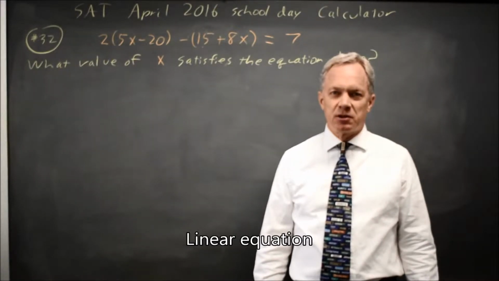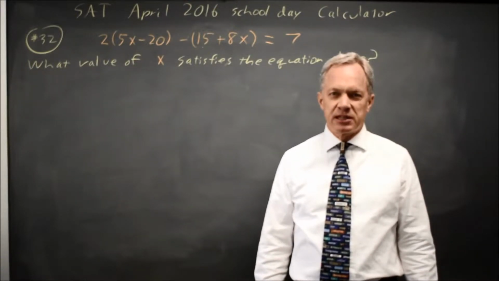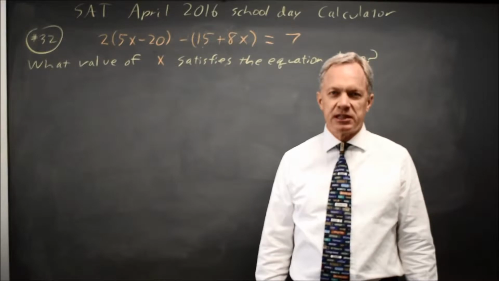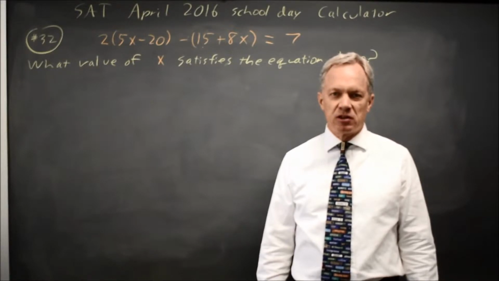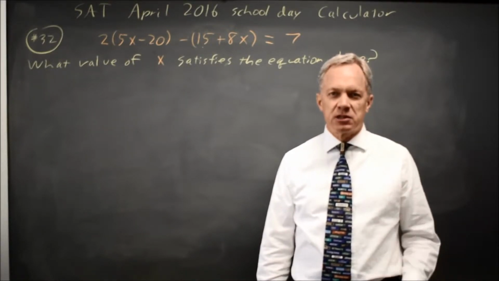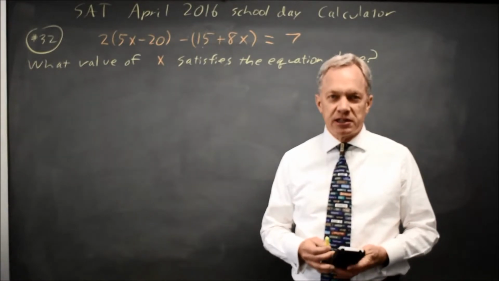This is calculator question number 32 from SAT Practice Test 6, which is the April 2016 SAT. College Board gives us a simple linear equation where we have to distribute a negative into parentheses and asks us to solve for x. Often the easiest way to solve this on a calculator section is to enter it into